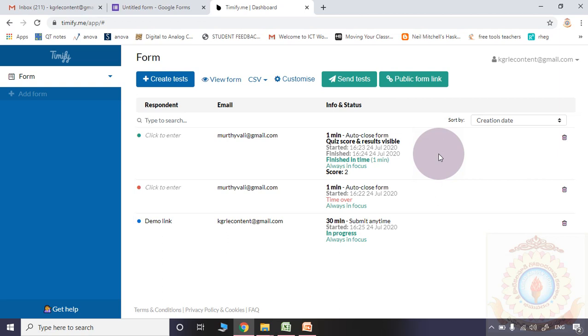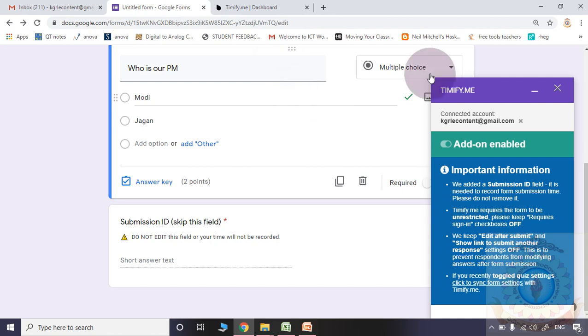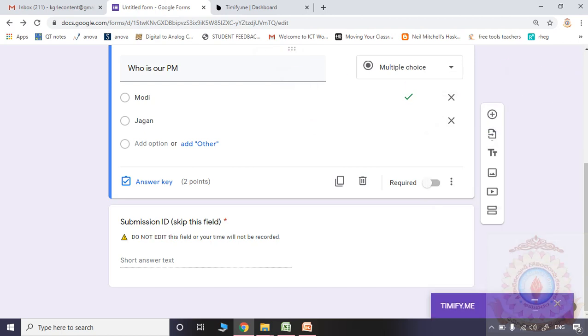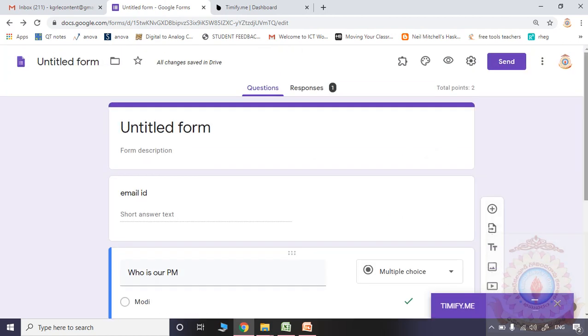Even they may submit the form before the scheduled time also. Whenever they are not submitting the form and that particular time is over, automatically the form will be closed. So in this way you may conduct a quiz examination for a specific interval of time as per your wish. Some organizations use G Suite, and in G Suite there is one option.